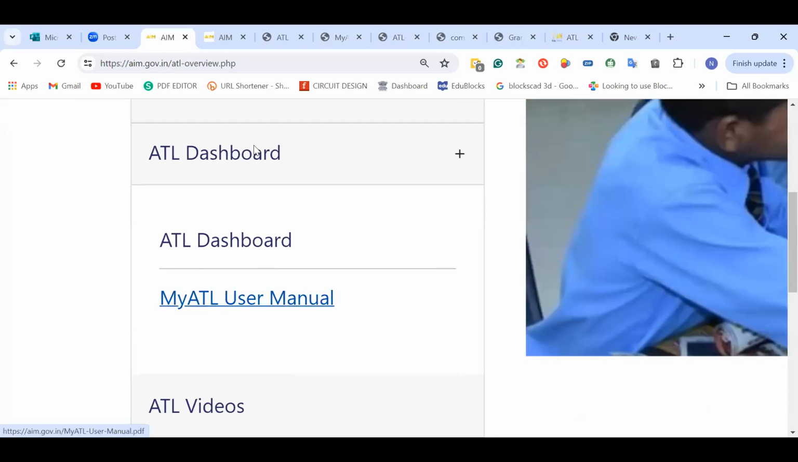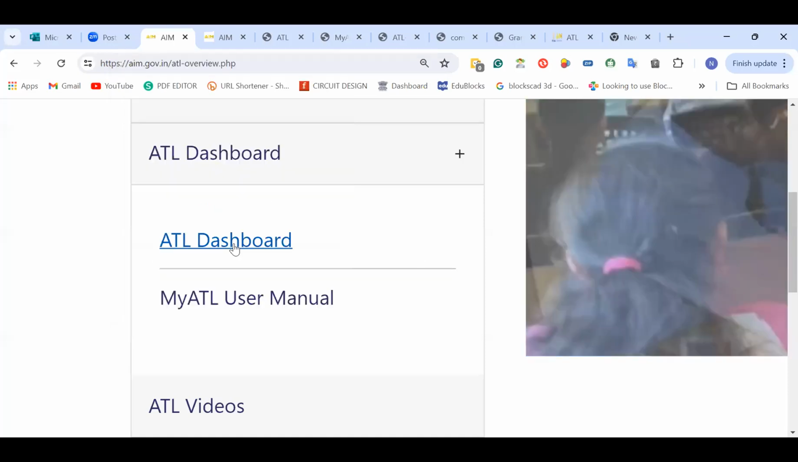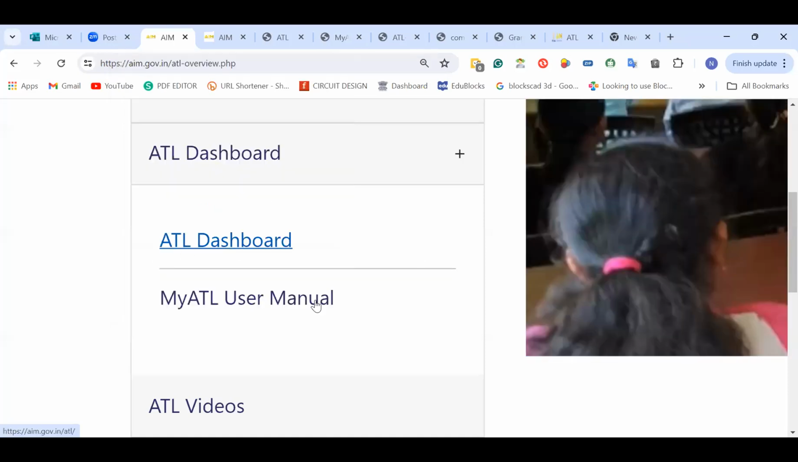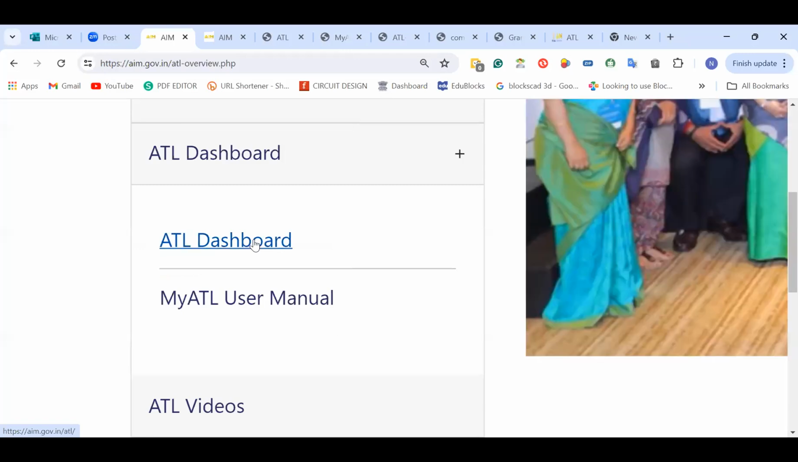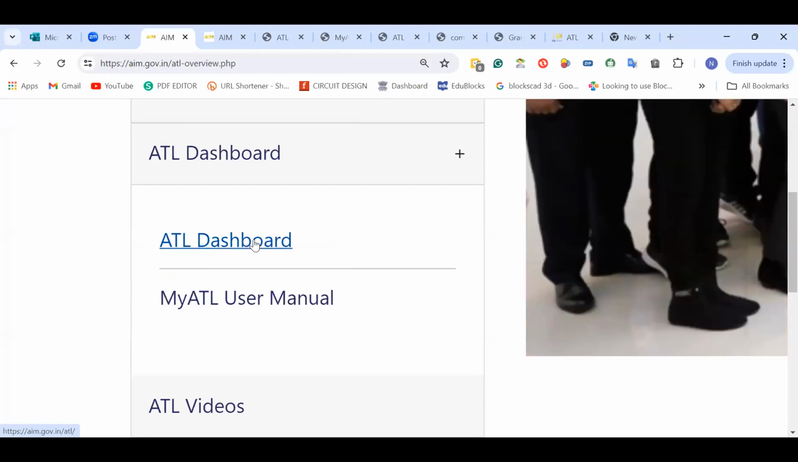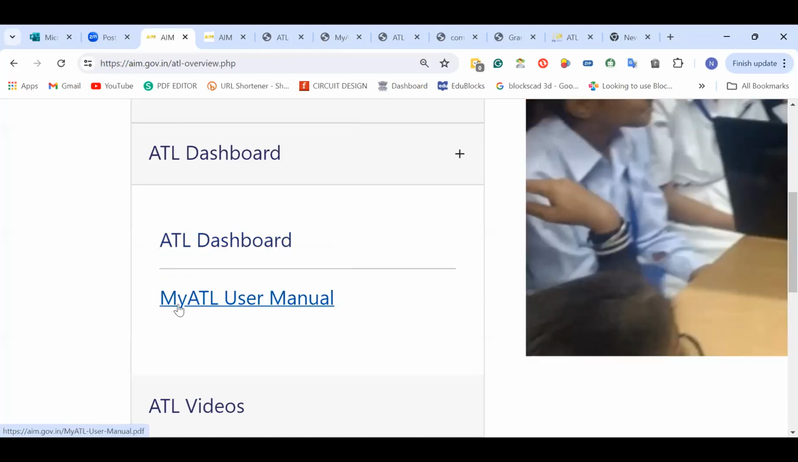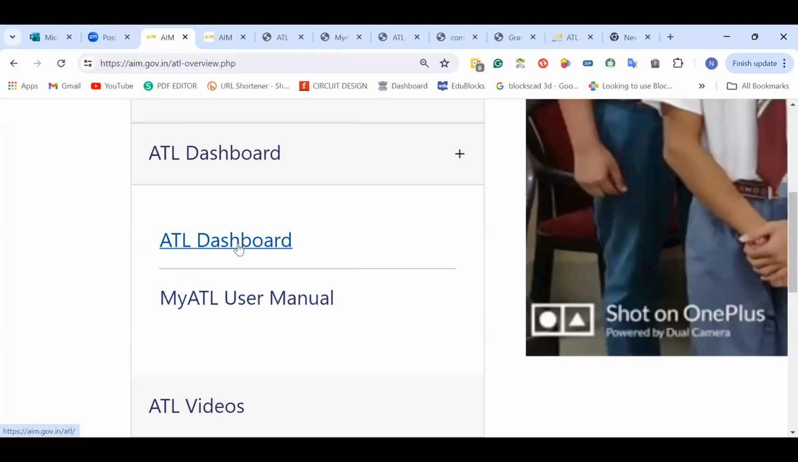Here there are two things, the ATL dashboard and the ATL user manual. Through the ATL dashboard, you can log in and update your details, your school details basically. And if you find any problem or challenge, you can use this manual. I'm going to brief this user manual, and parallelly I'll give you an overview of the ATL dashboard. When I click this one,